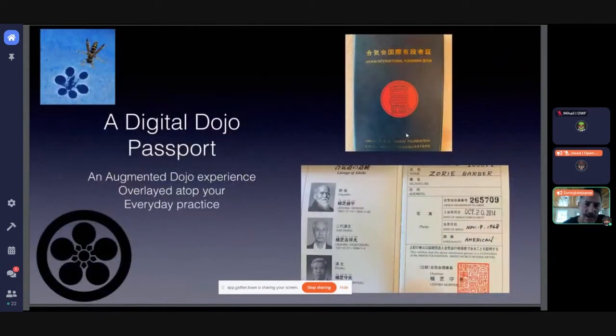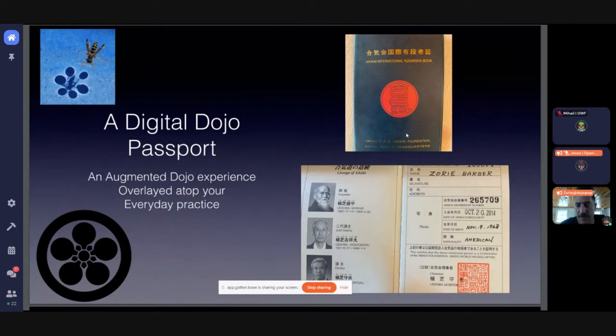You've probably heard of black belt, the basic Japanese ranking system. You've probably seen Karate Kid. That system is about 100 years old. It was created by the founder of Judo, Jigoro Kano-san, and it hasn't been updated in 100 years. The previous system was in place for about 300 years.